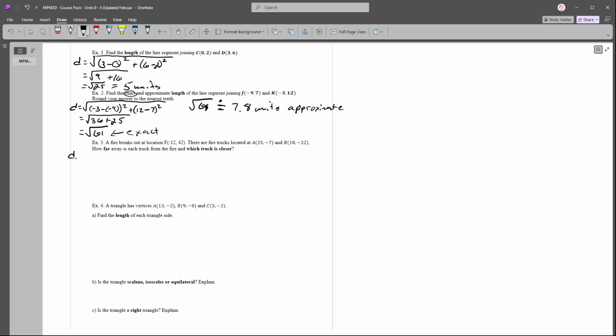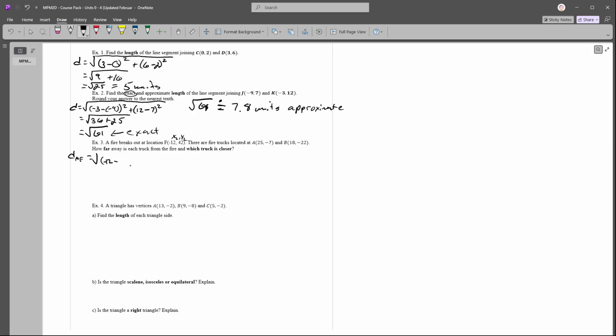So we're going to have DAF, and that's going to be equal to, we got to do the whole square root thing. So we're going from A to F in this case, because I wrote it as AF. So remember, this is y2 minus y1. So this would be 42. X2 minus x1 first. I did it backwards. I apologize. So 25. No, I went backwards again. A to F. I apologize. F is going to be our x2 and our y2. Just to be clear, because I keep making the mistake. My mistake. So x2, which is negative 12,